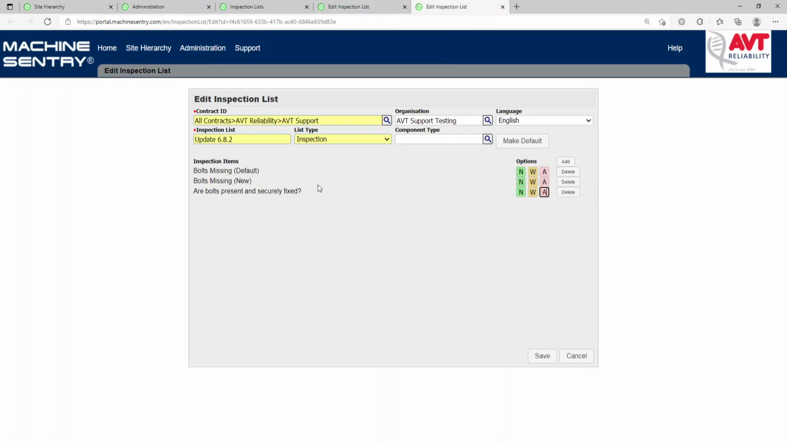This is one I've already started to create. I've added my contract, I've named the inspection, and it's an inspection list type. For component, if you wish to use this, the visual inspection will only be available for that component type. The first question, bolts missing, is the default that we would expect to see, with an NWA answer, but no